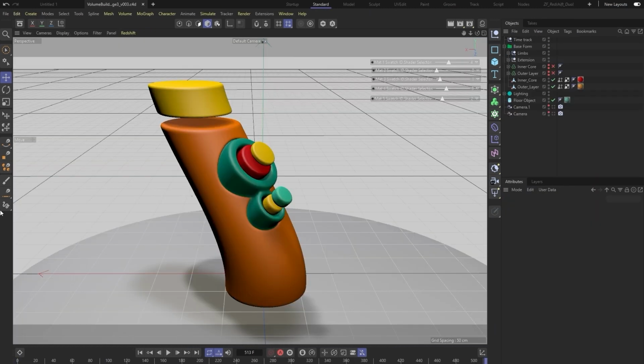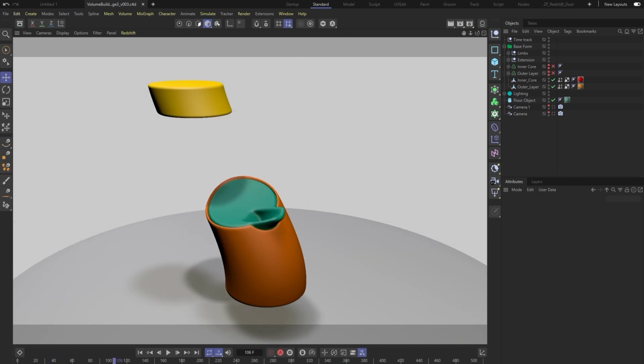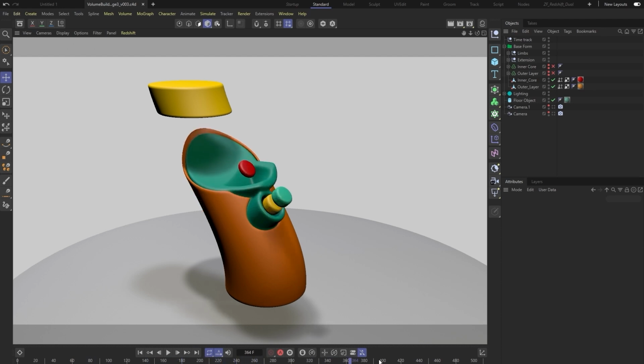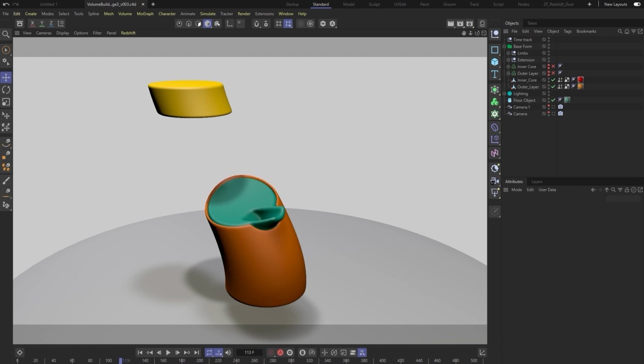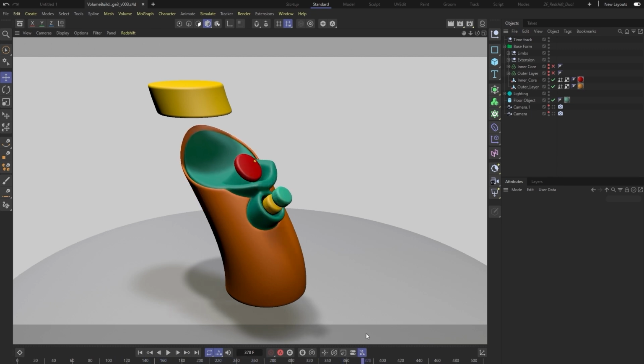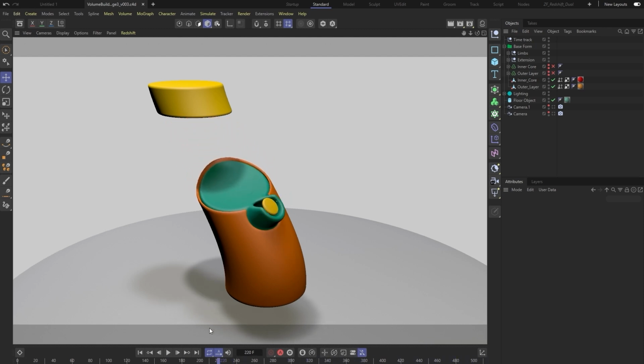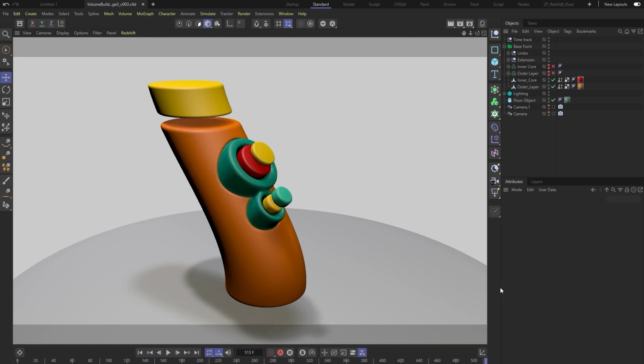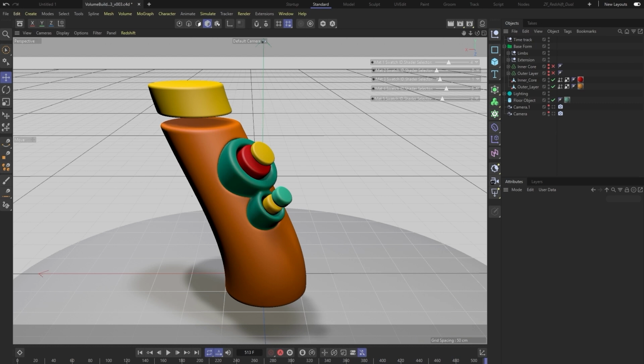All right, so I've got open here an already prepared file that is baked down so I can scrub through it and show you what we're going to be aiming to create today. So I have recreated a little bit of some of the magic from one of our title sequences in FITC's Toronto 2022 online event. And as you can see, there's just some interesting things, but for the most part, it's a fairly simple action that gave me an opportunity to have a little fun. So I'm going to take you through this right here.